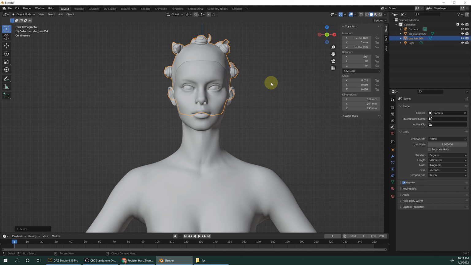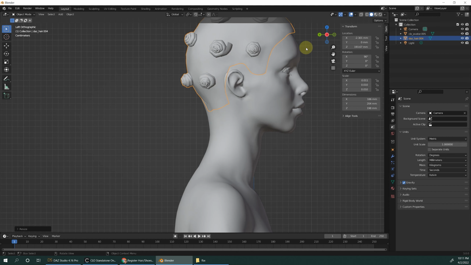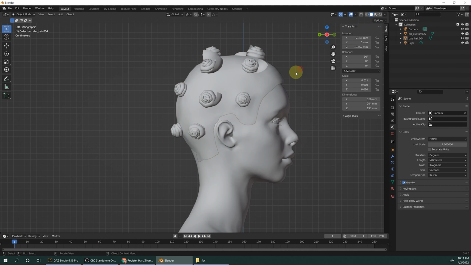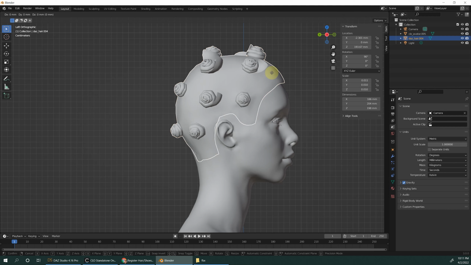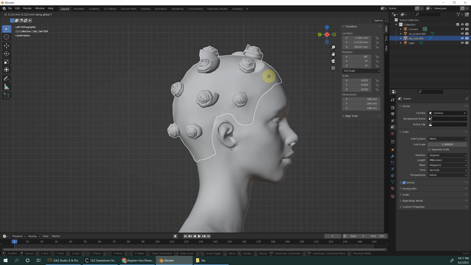Just left click and it will stop scaling. We also need to move back a little bit, as there is some space on her neck. You keep using grab G. Click Y to lock the movement.